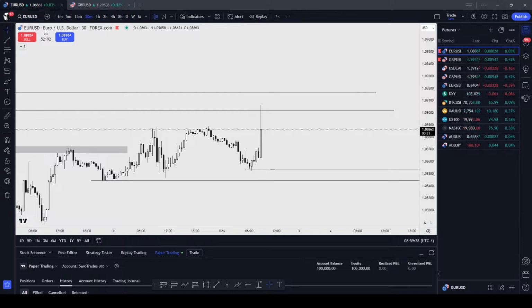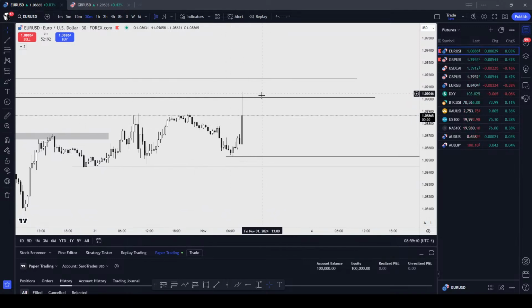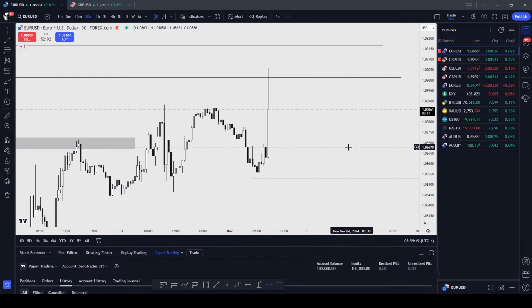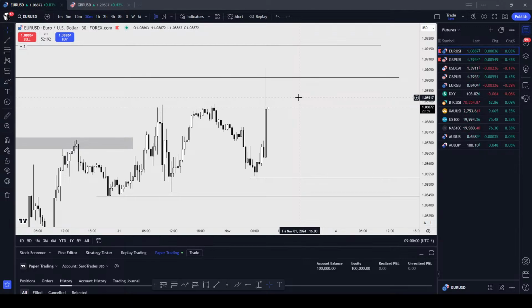Do you use confirmation to enter a trade or aggressive entry? For me, I look at candle behavior before it reaches my POI. I use confirmations, but my confirmations are a bit weird. If I tell you right now how I confirm my trades, you won't see any confirmations on my trades if I do them. With your naked eye, you think there's no confirmation right there, but there is. So right now I'm not going to talk about the confirmations and the confluences that much, especially the exact area that I enter, but